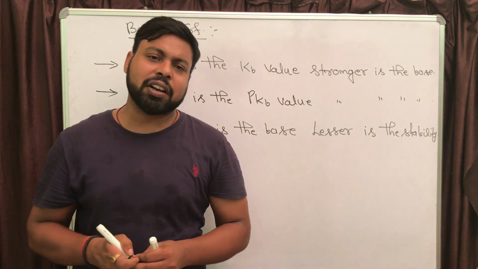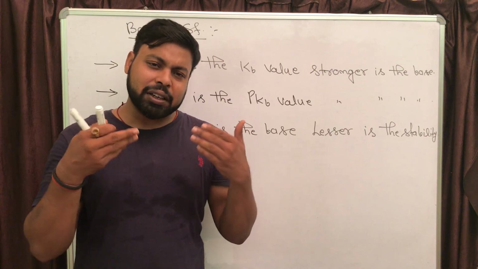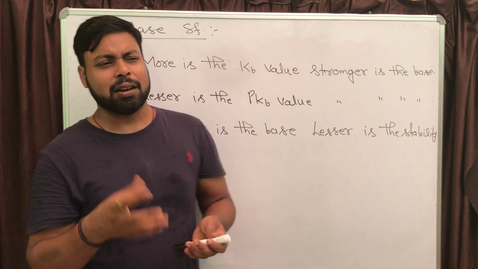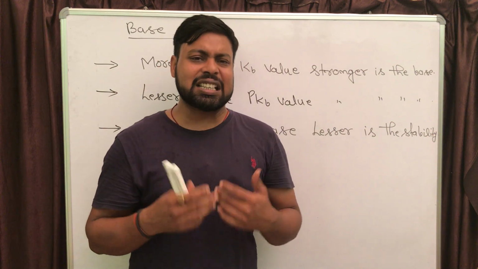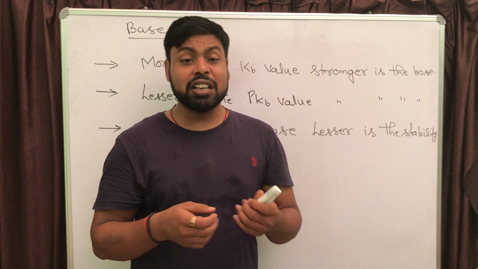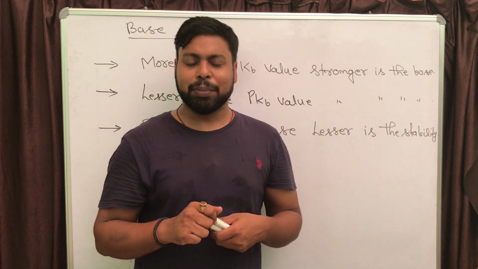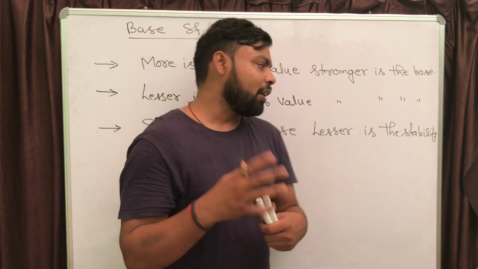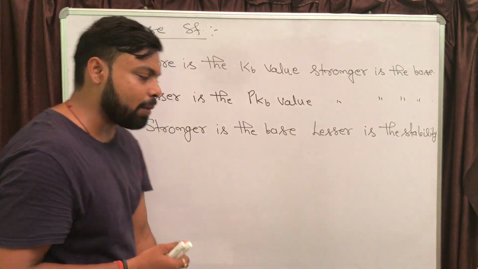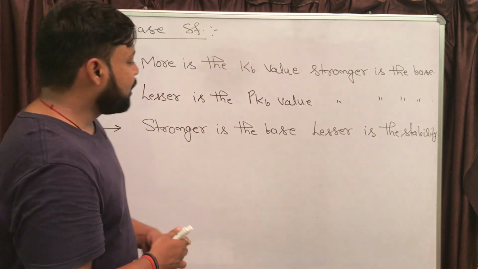If the base is strong, it is readily going to lose OH minus, and the stability of the base species itself is going to decrease. If the base is weak, it has lesser tendency to release OH minus or lesser tendency to accept H plus. So its own identity will be maintained for a longer duration, and in that case that base is going to be more stable. In context of that, the statement is made, stronger is the base, lesser is the stability, or you can say weaker is the base, more is the stability, right?